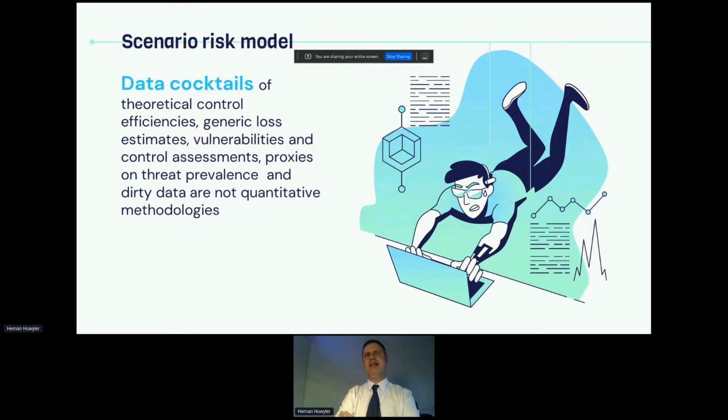There are vulnerability analyses. There are also control assessments populating those methodologies, scores related to threat prevalence and how much we are expecting a control to mitigate a threat vector, as it can be done for all the IT assets.